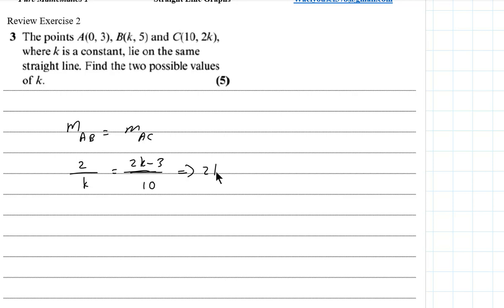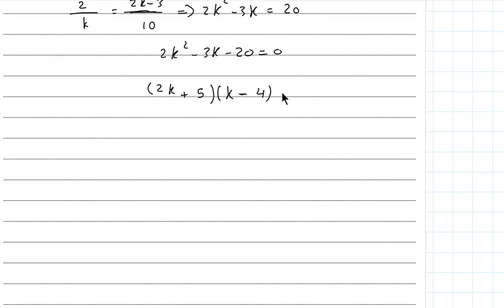Making cross multiplication, we can write 2k times k to be 2k squared, and then minus 3 times k to be minus 3k, equals 20. Rearrange: 2k squared minus 3k minus 20 equals 0, so either k equals 4 or k equals negative 5 over